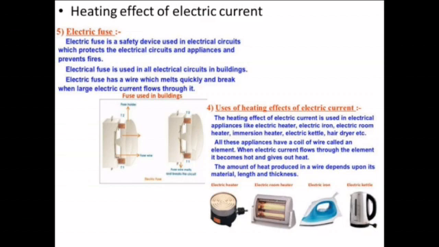According to Ohm's law, V equal to IR. So substituting IR instead of V, we get W equal to IR into IT. That is, W equal to I squared RT. Thus, if the current flowing through a resistor for time T is I, the electrical energy consumed is W, which is converted into heat energy. So the equation changes to heat energy, that is capital H is equal to I squared RT. The above equation is also known as Joule's law.